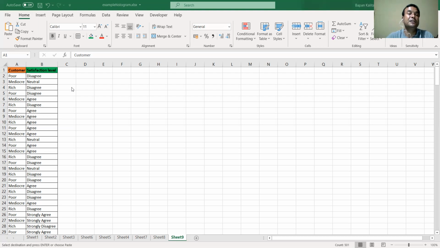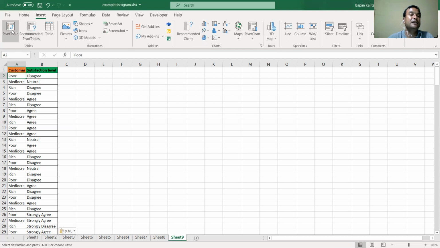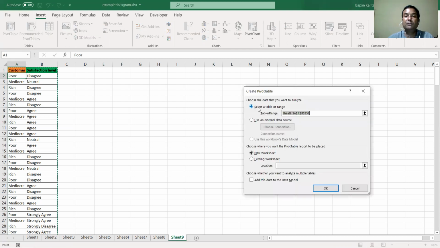So for this, let us click on any one of the values of the table. Then go to Insert, then click Pivot Table. Yes, you have seen this criteria, pivot table. We need to select an area. The pivot table has already selected the complete area you have taken.